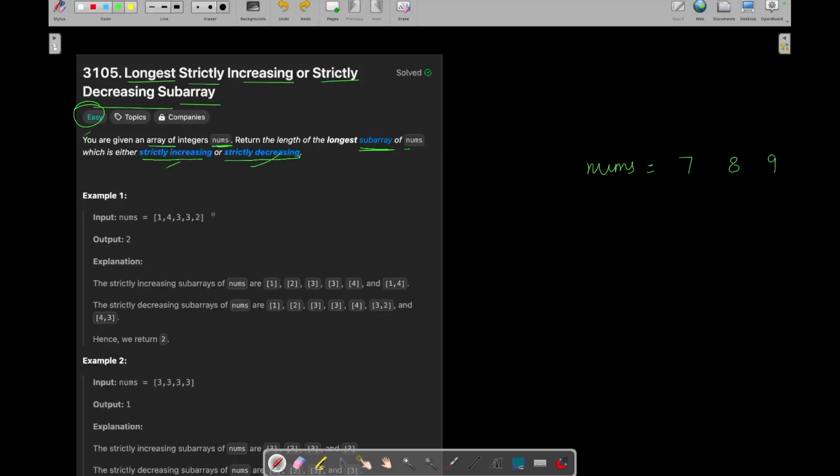One very brute force approach could be this: if you are given an array, you can generate all of its subarrays, check for each subarray whether it is strictly increasing or decreasing, store its length, and then return the length of the longest subarray. This is a very naive way. And for generating all the subarrays of an array, what